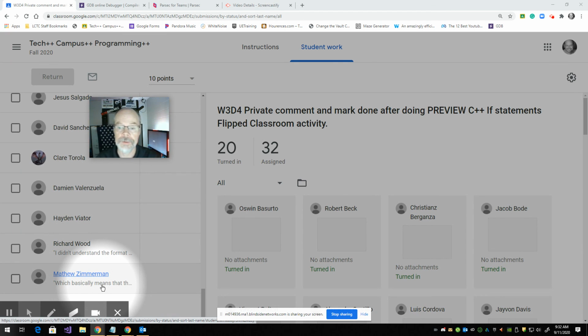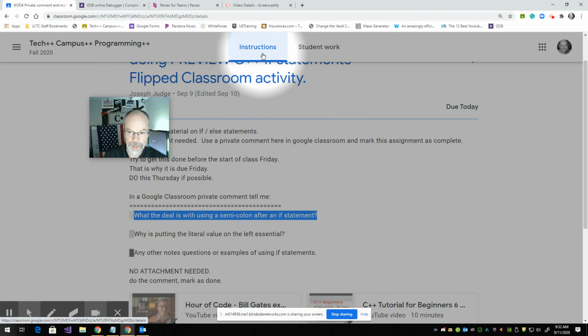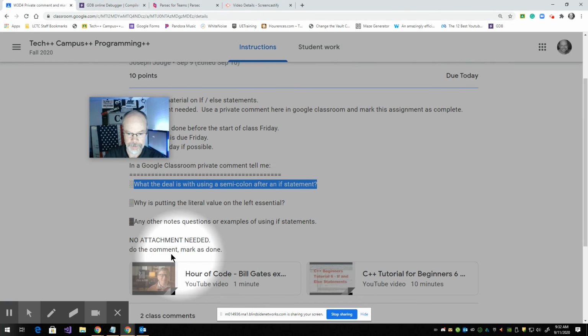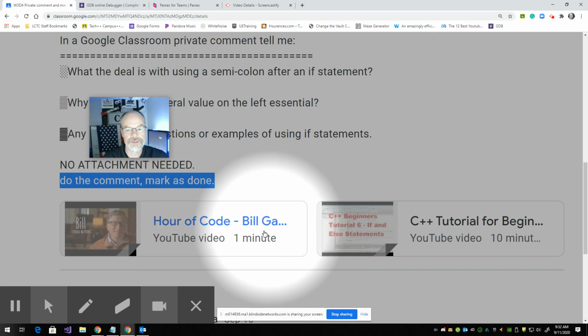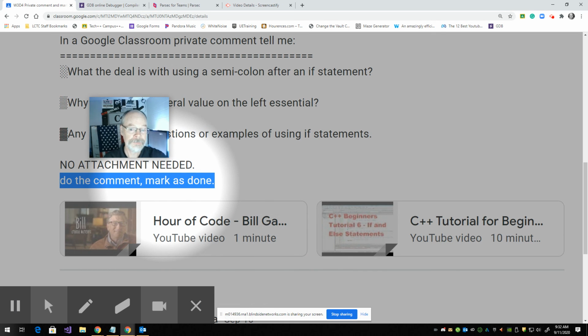So as a quick heads up, when you're done with this, and what I'm trying to highlight with the instructions is do the comment and then mark it as done. It's a common mistake when people are new in the class that they don't think to mark it as done, especially if it was just a survey or a private comment, Google form. Typically, when they add an attachment, they go, oh yeah, add the attachment, mark it as done, that's a submission. Well, even if I'm just asking for a comment or some kind of a response, kindly remember to mark it